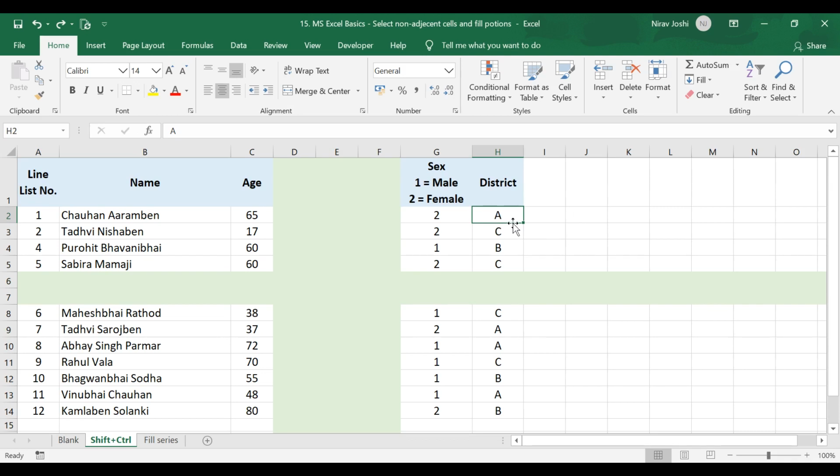I can simply go to the border of that active cell. As we see here, the cursor pattern has changed. I press the mouse left key and shift the cell to J2. So it will simply help to shift the data in the selected active cell or range to wherever you want to shift it.